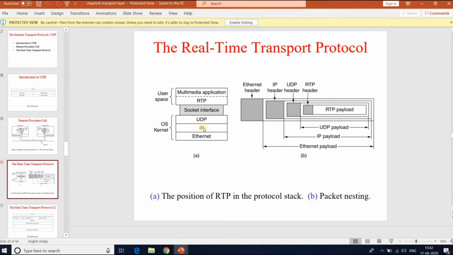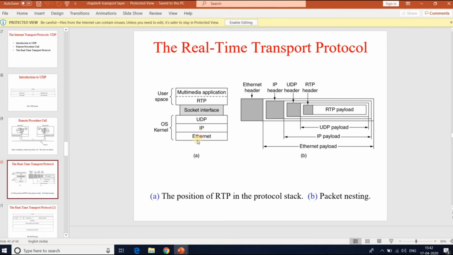At the other end of the socket, UDP packets are generated and embedded into IP packets. If the computer is on Ethernet, IP packets are then put into Ethernet frames for transmission. So the multimedia application goes into RTP, into the socket function, to the UDP protocol, to IP, and then Ethernet.